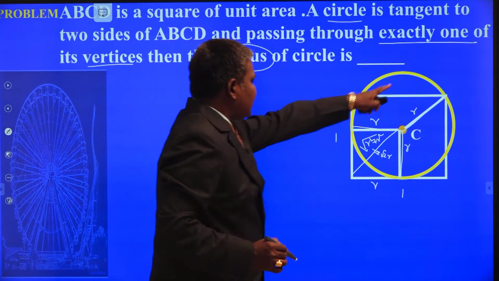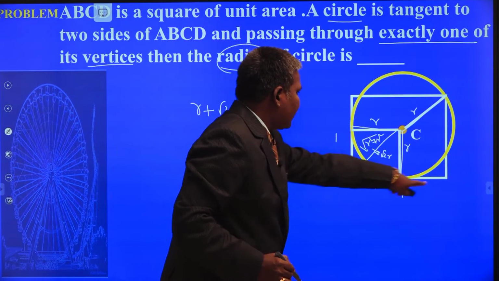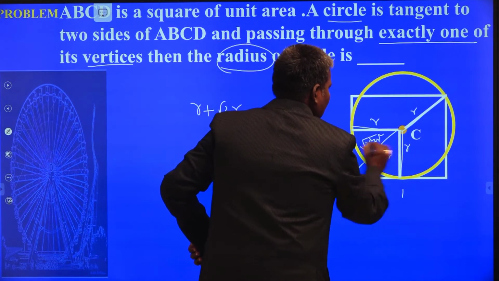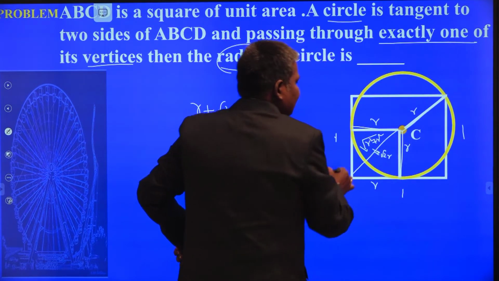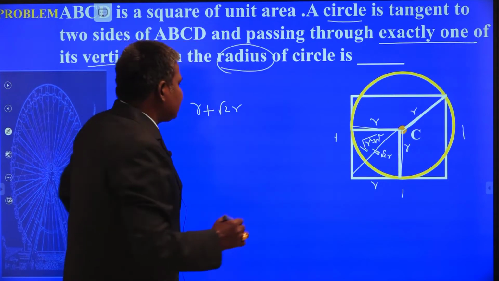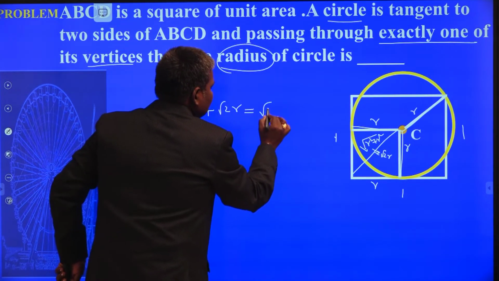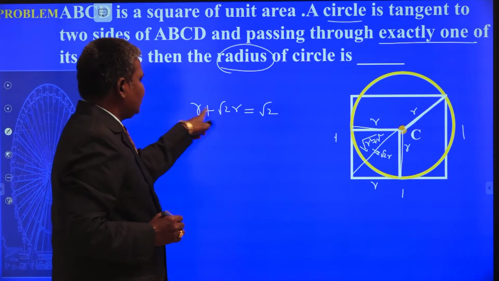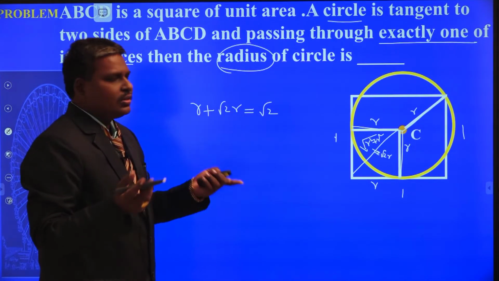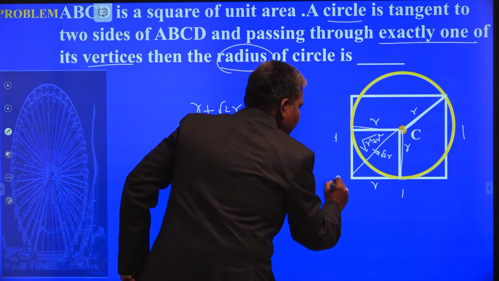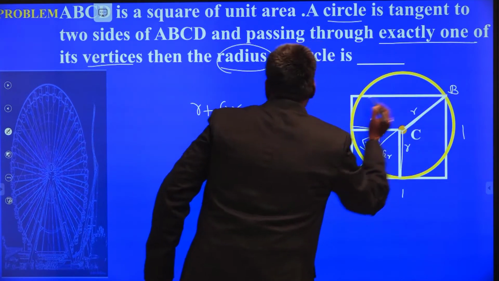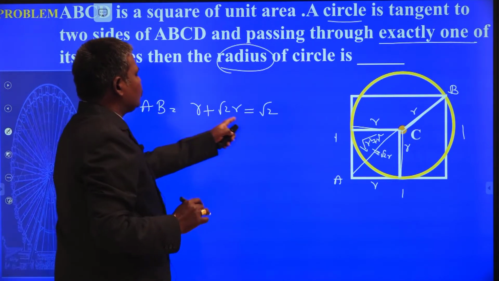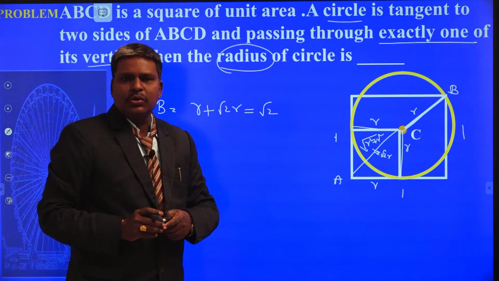Okay. Now it is equivalent to what? From this square, this is the diagonal of the square. So this is 1, this is 1, automatically it is also 1. Its length is root of 1 plus 1, that is root 2 with respect to the square. This is with respect to the circle. These lengths are equal. This is say A, this is say B. My AB value is r plus root 2 r, that is equal to root 2.